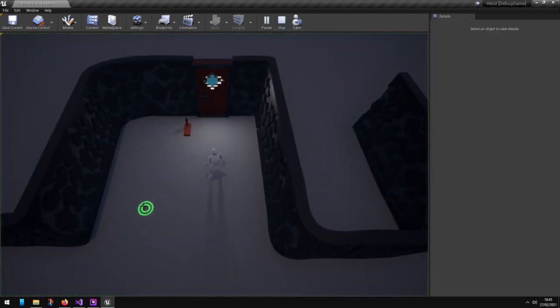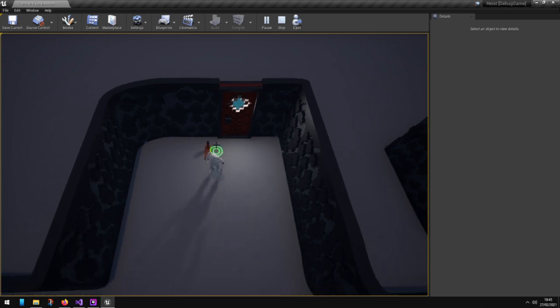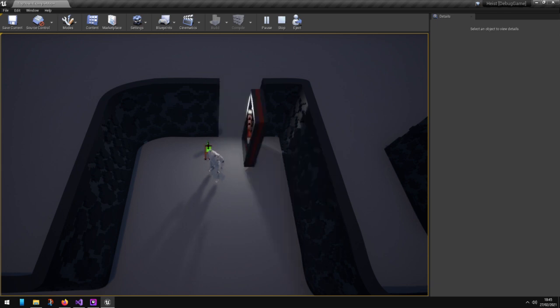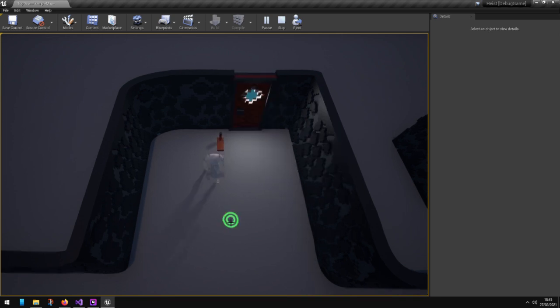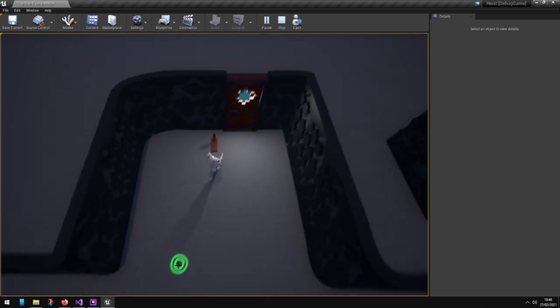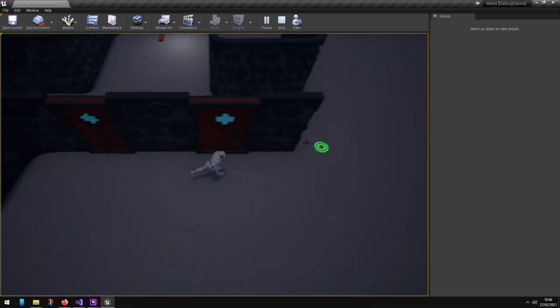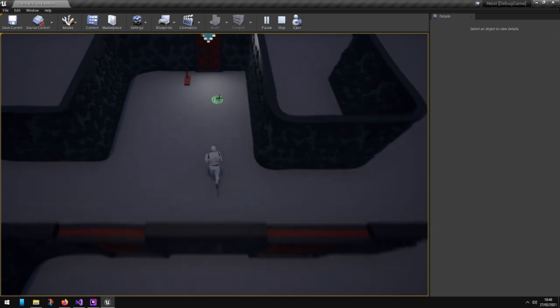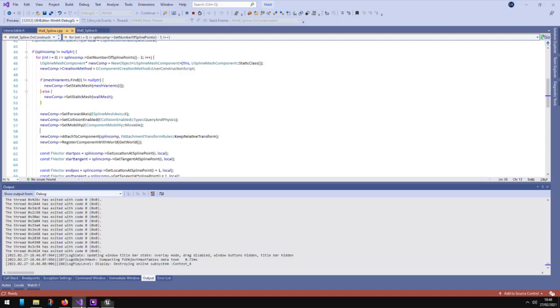Right. And this all still works, in theory. The door works. The lever's a bit hard to click on, apparently. Awesome. I changed the lighting, made it a bit darker and stuff as well. Thought it would look better. Anyway, so that took a lot longer than I thought, but I guess it shows